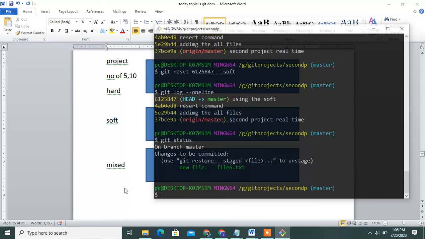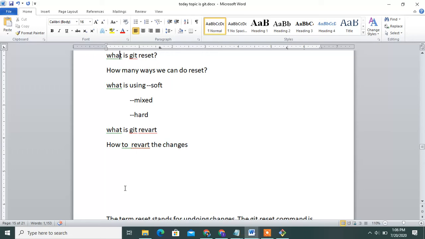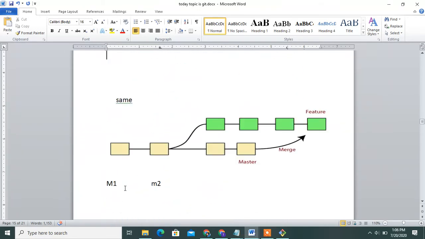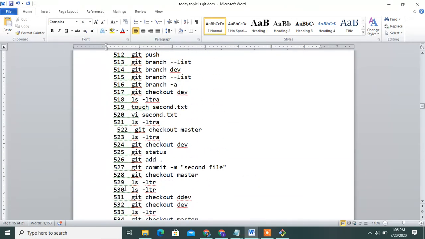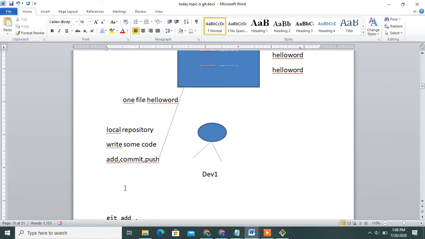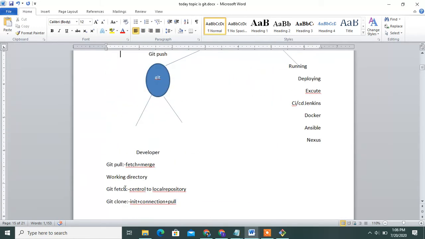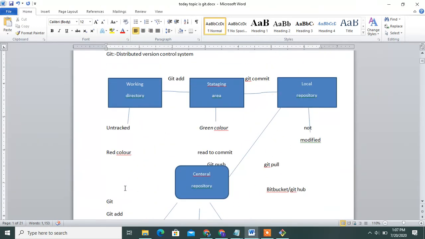Green color means you should remember this first of all. What is red color and what is green color, I will explain. Green color means the changes are stored in the staging area.